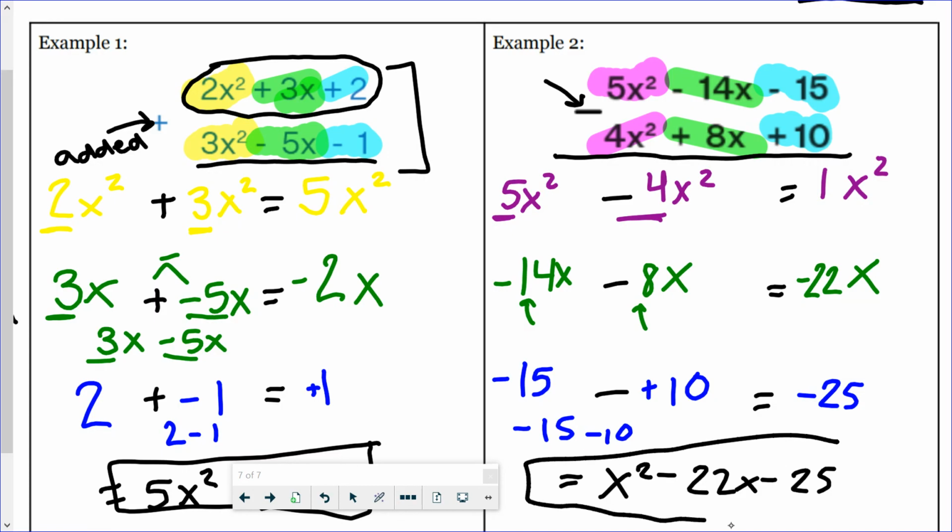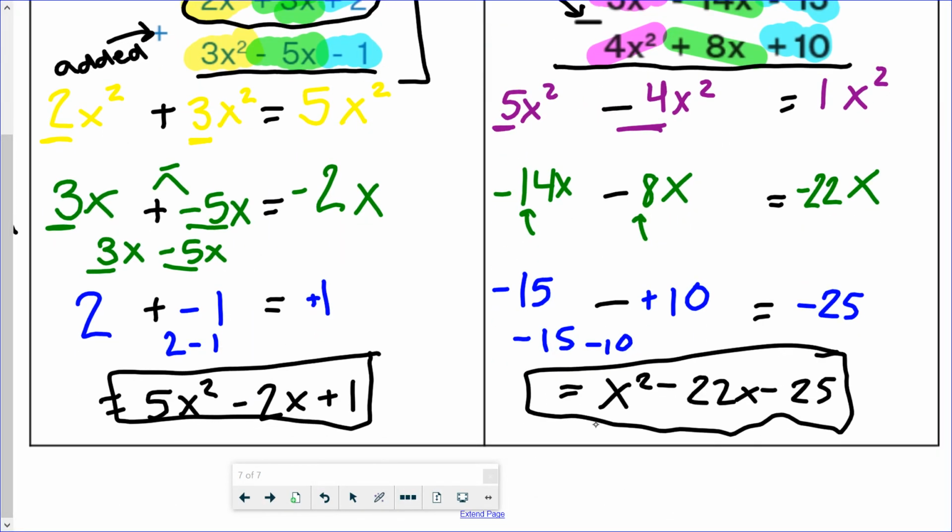One thing that I would like you to note in the additional notes section of your notes is that order matters. Ooh, that does not look like what I wanted to say. Let's see. Order matters. So the first polynomial comes first